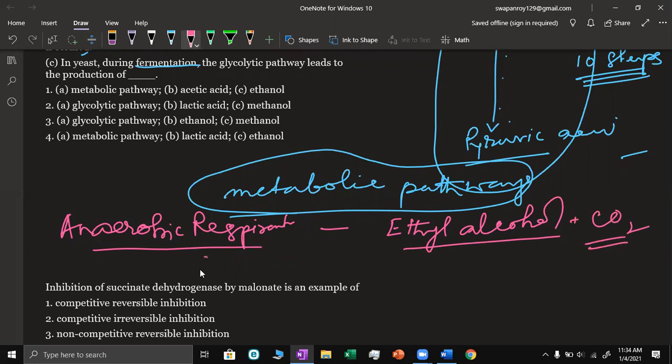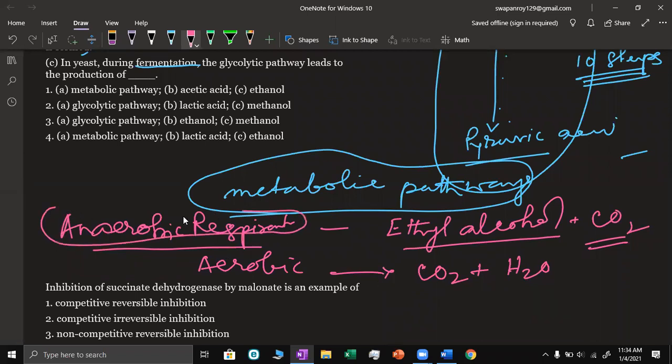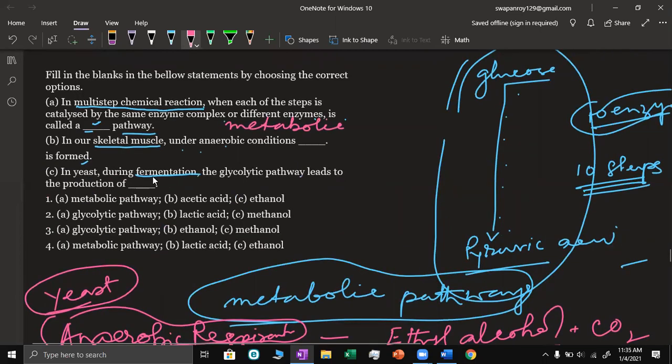In aerobic, it is carbon dioxide plus water. But in an anaerobic reaction also, ethyl alcohol is produced when the fermentation is carried out by yeast, Saccharomyces. They produce ethyl alcohol. In yeast, during fermentation,